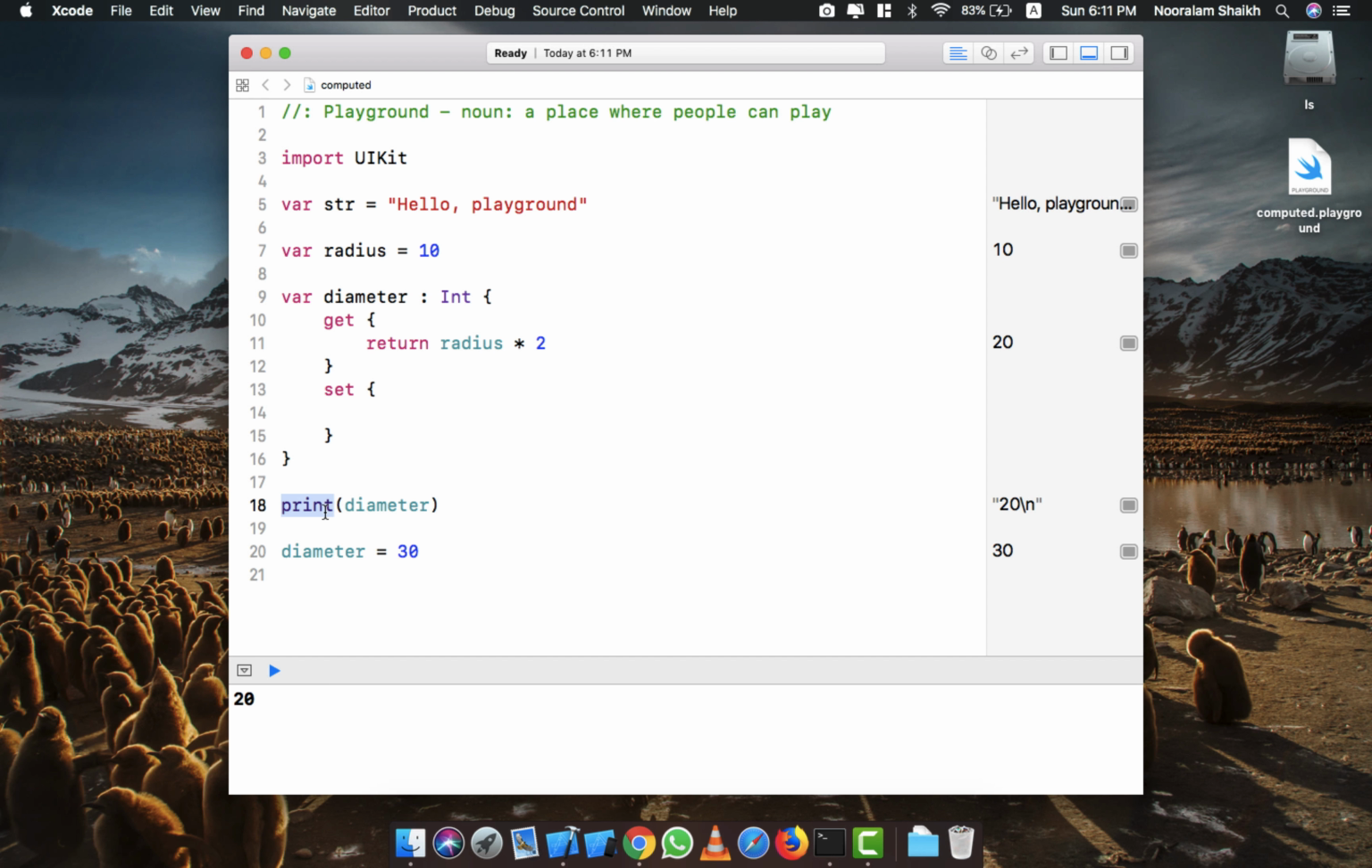Now there are no errors, right? So let's see what our diameter is here. Let's print that diameter. You can see that, regardless of the fact that we have assigned 30 to it, the diameter is still 20,